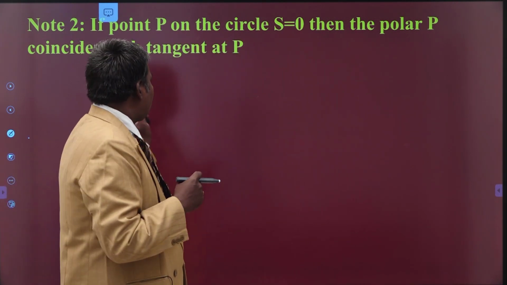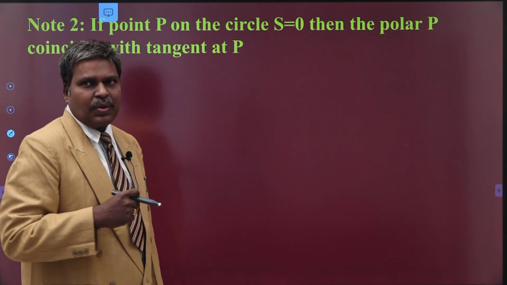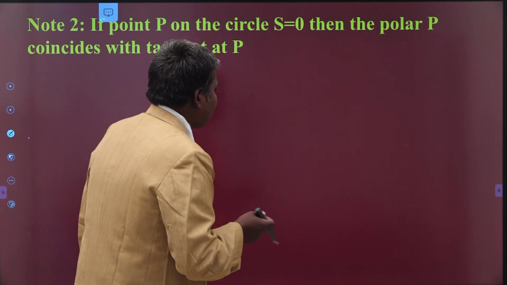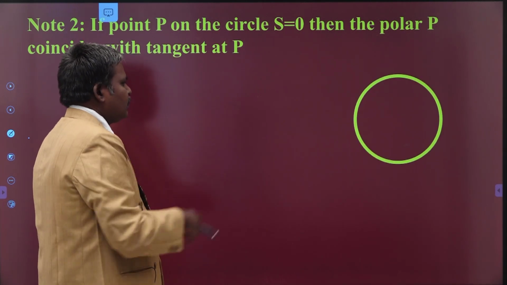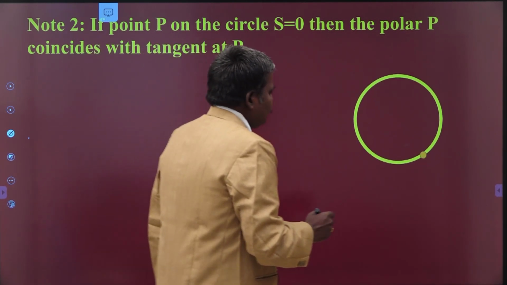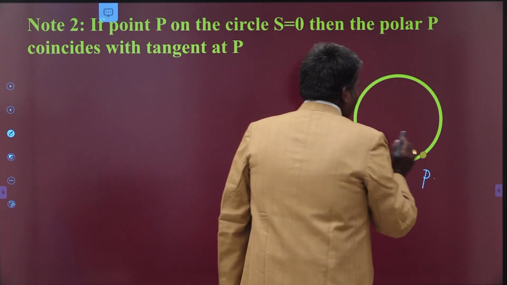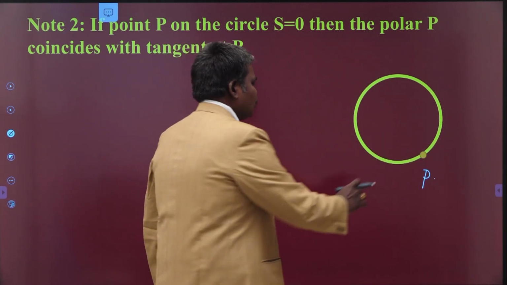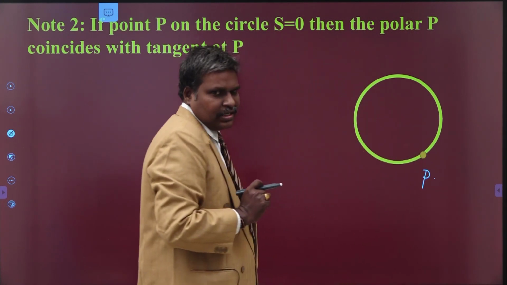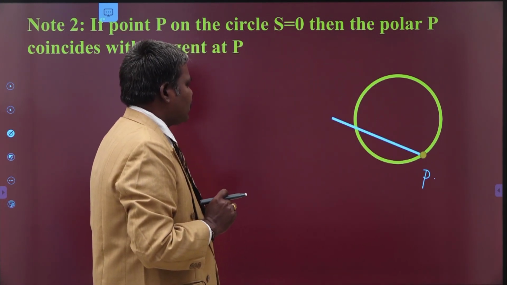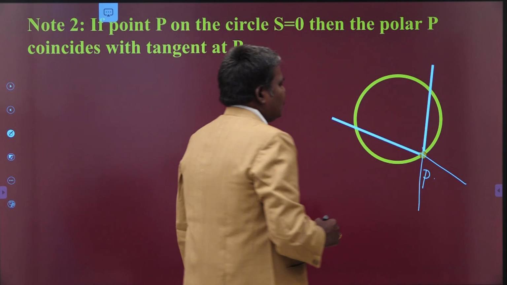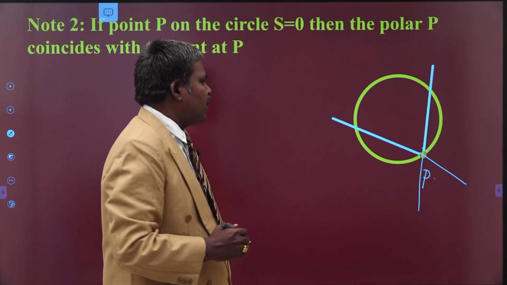Okay. Suppose your point is on the circle, your polar coincides with what? Tangent at that point to the circle. How does it happen? Let us see. This is my circle. Now P is any point which is on the circle. What is the experiment to draw the polar of P? You have to draw the secants through that point P to the circle. That is the first thing. So I am going to draw the secant lines through the point P to the circle. You may extend in this manner also. These are the secant lines through the point P to the circle.